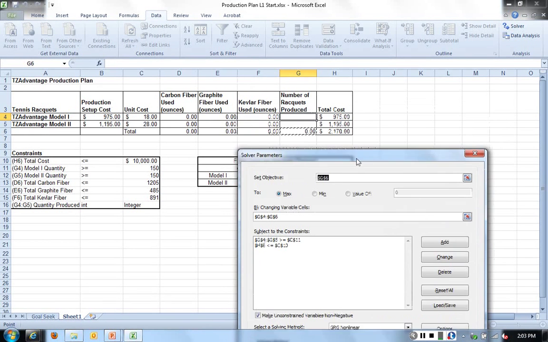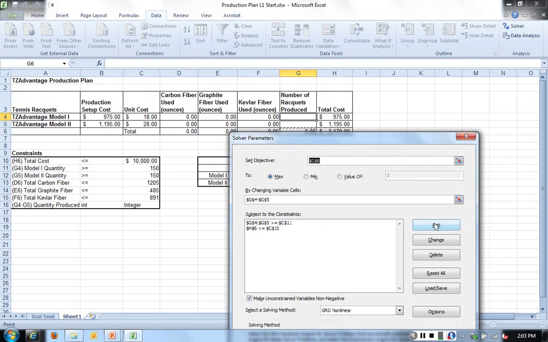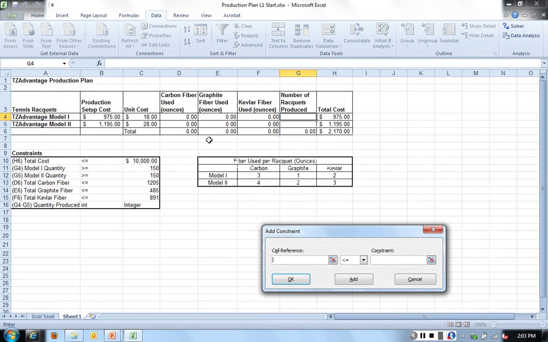All right, next I've got some inventory constraints. My total carbon fiber has to be less than 1205. My total carbon fiber is right here in cell D6. So I'm going to add a constraint: D6 is less than or equal to 1205, which is right here